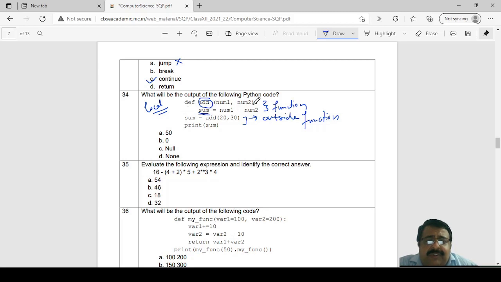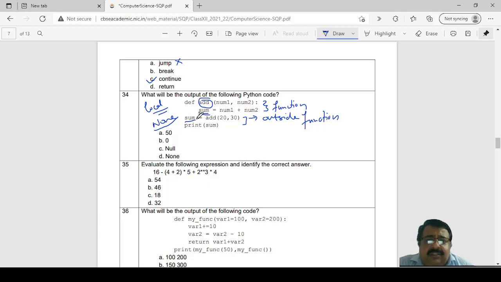Okay. Now we can see that the function add has only a variable sum which takes the sum of these two values. There is no return value, nothing. So if a function does not have a return value and it is assigned like this, then the default return value, that is none, will be specified to sum.